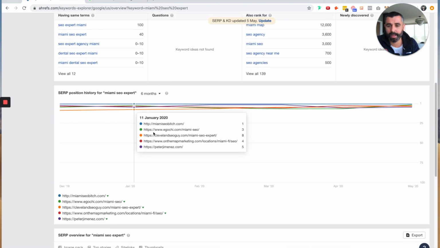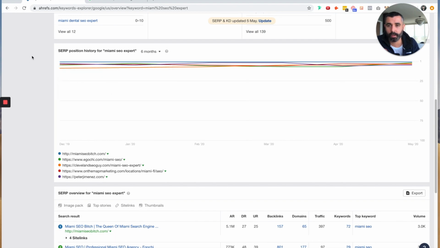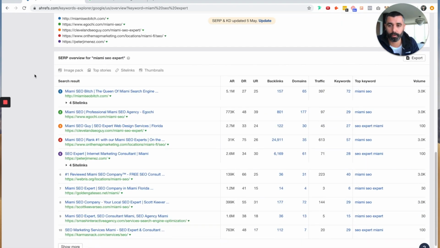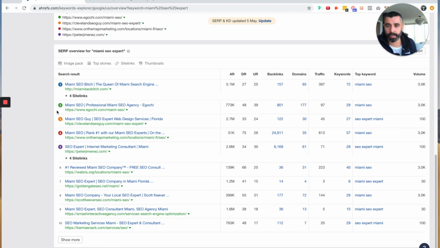And then finally down here, this is just going to show us what's actually happening and what websites are actually ranking for that keyword. So again, we're talking about understanding if this keyword is a right keyword to attack, if we want to go after it, if we want to optimize around it. This will help us understand the types of websites that are ranking. And to be honest with you, Google is always the best and the final say on what keywords we want